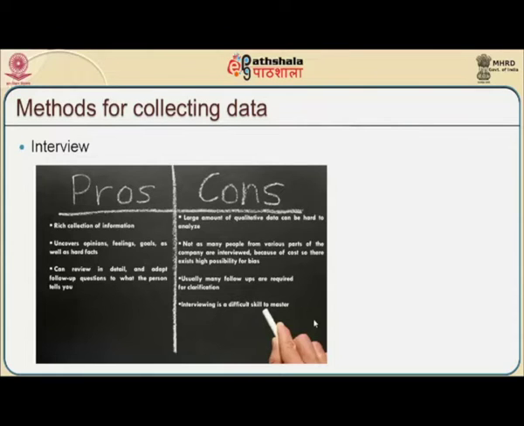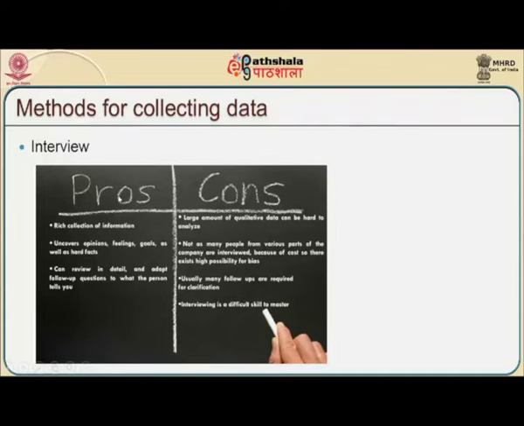So what are the various methods by which we can collect data? The first method is conducting an interview. By interview, I will ask different communities of people, conducting interviews with different stakeholders at different levels, and try to get their opinion on how it is to be developed. Because of interviews, the system can have both positives and negatives, pros and cons.